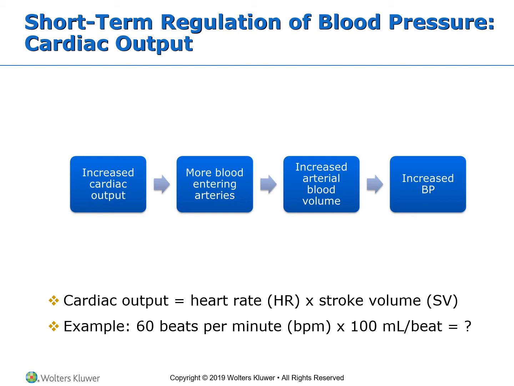So as we described before in the previous lecture, the cardiac output will be the result of multiplying the heart rate by the stroke volume. So let's look a little bit into those elements. The control for the short term will be provided by a negative feedback loop, and the blood pressure needs to be maintained constant despite any type of body changes, body position changes, or changes in the overall amount